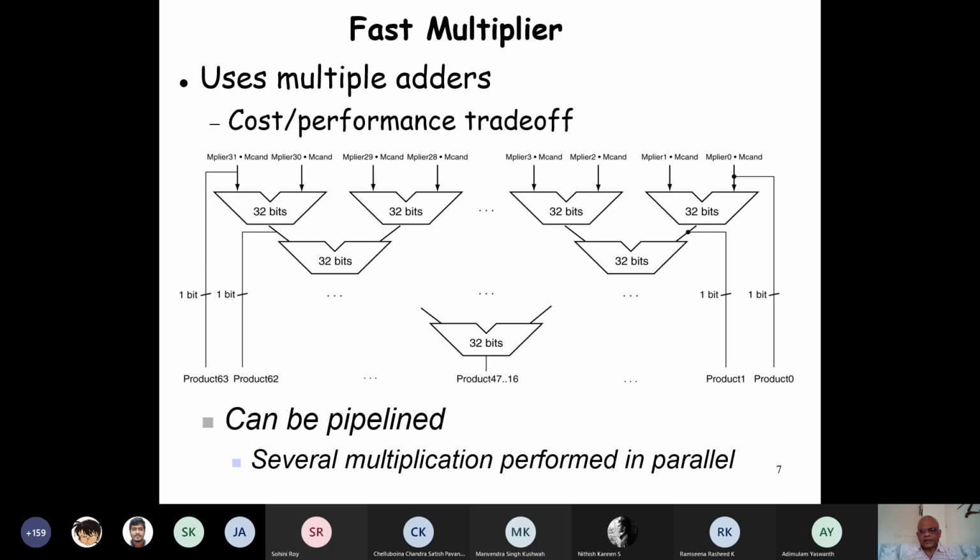Multiplication is nothing because it is either 1 or 0. So either we add the multiplicand itself or we add zeros. If the 0th bit of the multiplier, the least significant bit, is 0, then we just have zeros here. Otherwise, if the multiplier 0th bit is 1, then we have the multiplicand itself.